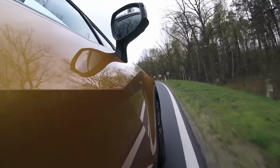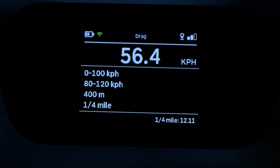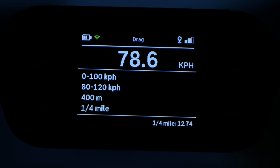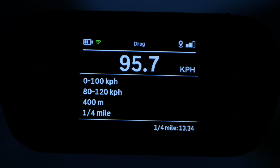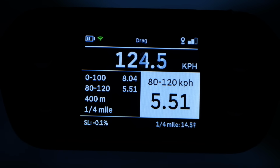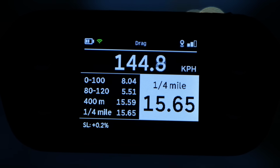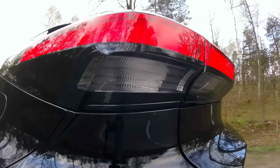Toyota claims the CHR with all-wheel drive will do 0 to 100 km per hour in 7.9 seconds. In sport mode, I was a fraction of a second short, but it was a wet morning. All-wheel drive is there mainly to improve on-road performance. On my test route, I was impressed with how, at speed, the CHR held its course, where the Lexus NX